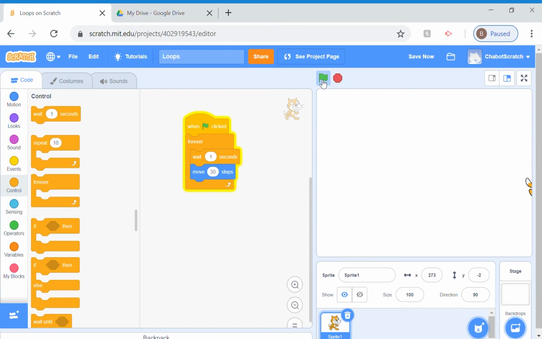Great, but notice that our sprite starts moving off the screen. If we don't want that to happen, we can use our third type of loop, the repeat until loop. So this loop is a little bit more complex. To use this block, we will need the help of another block under the blue sensing tab. The blue hexagon blocks under this tab are called condition blocks. If we drag one of these condition blocks into a repeat until loop, the action will repeat until that condition